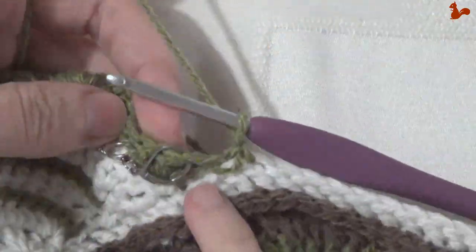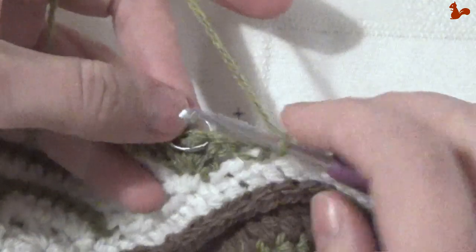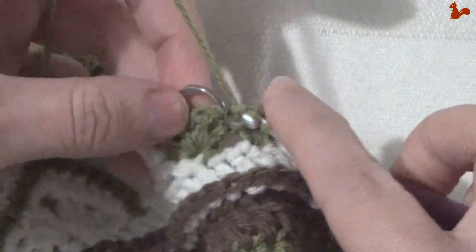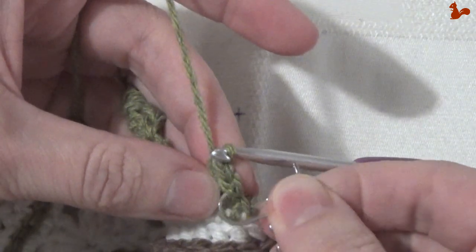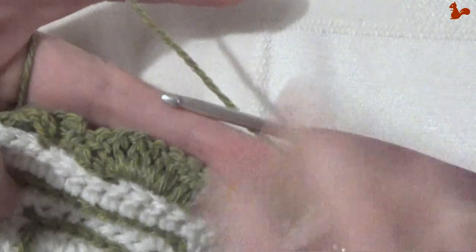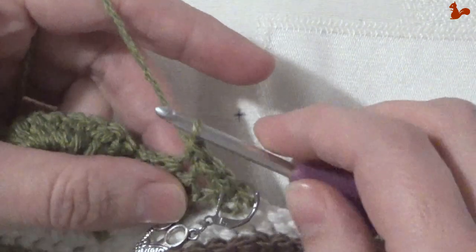Row 9, in the first stitch, that's the marked stitch here, I'm going to start with working 2 single crochets. That's why it's nice if that stitch is marked, then you can't accidentally work in the wrong stitch. So 2 singles, and then I'm just going to move the stitch marker up to the first stitch here. Now after those 2 singles, I'm going to work a single crochet in the next stitch also. So here in the next stitch, work 1 single,